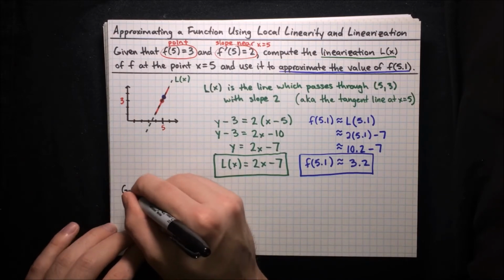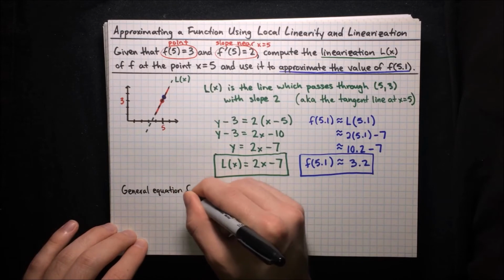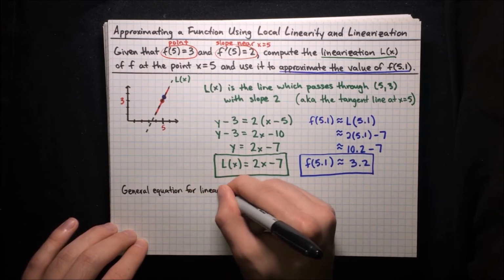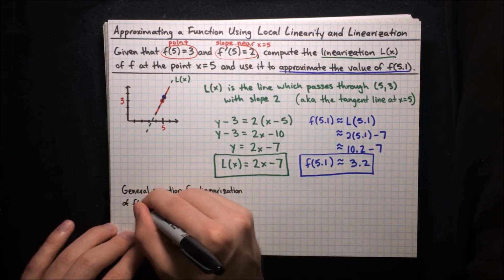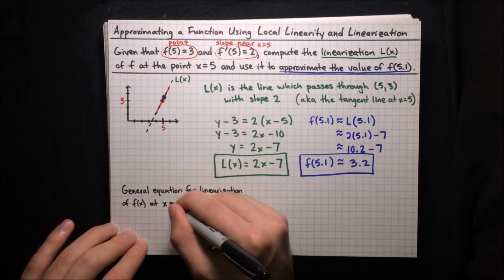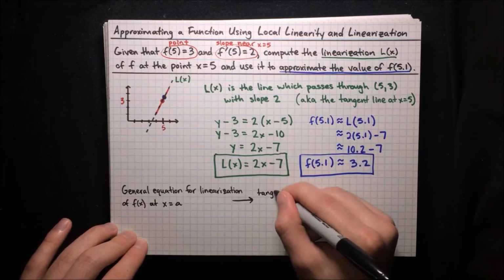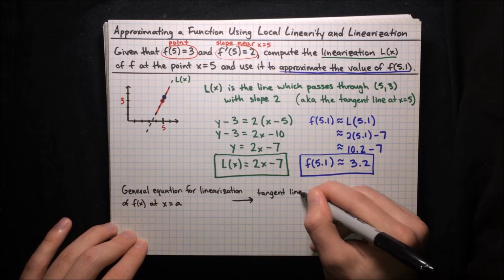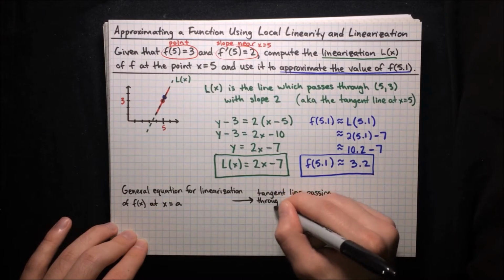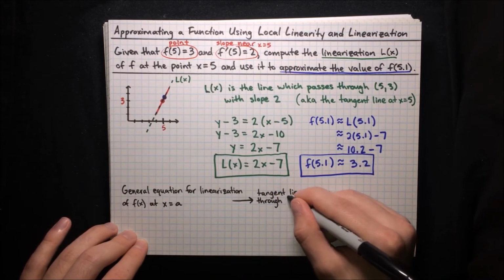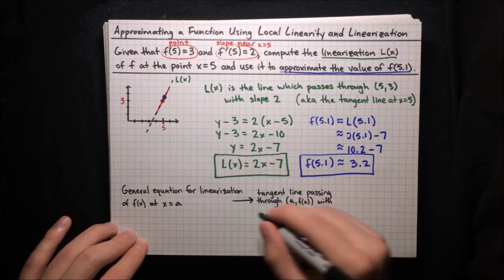So, the general equation for the linearization of the function f of x at the point x equals a, well, that is just the tangent line passing through the point (a, f of a), with slope